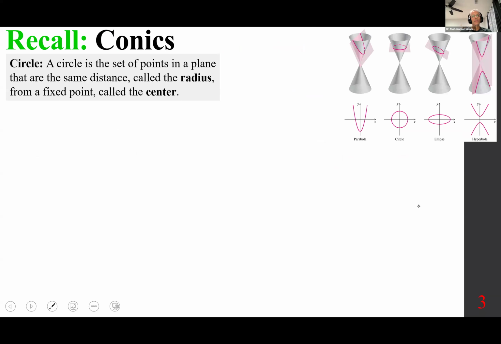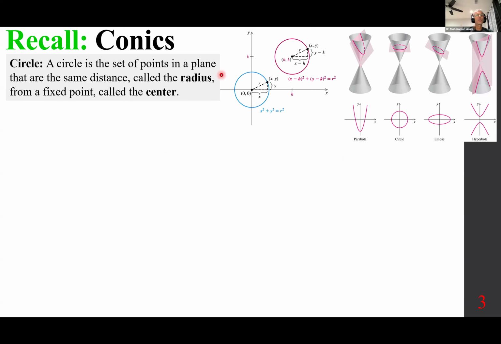Reminding everybody of conics, a circle is a set of points in a plane that are the same distance, called the radius, from a fixed point called the center. X squared plus y squared equals r squared, or x minus h quantity squared plus y minus k quantity squared